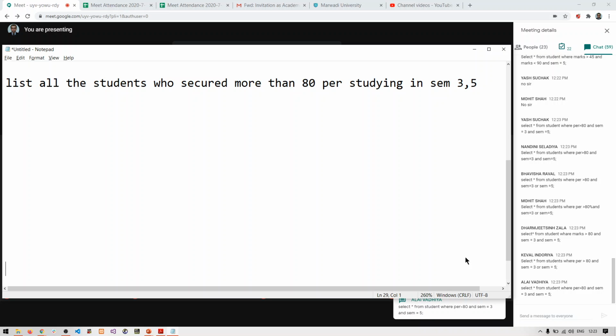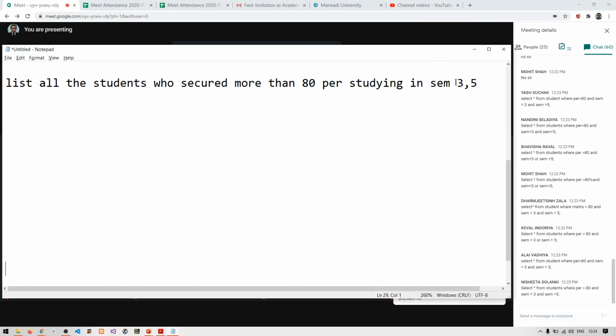Okay, so almost everyone's query is correct, but still, now there is a confusion here. You cannot treat this as AND, because it is said 3 comma 5. It is not said 3 and 5. Comma always states OR. Remember this thing. Comma always states OR, not AND.